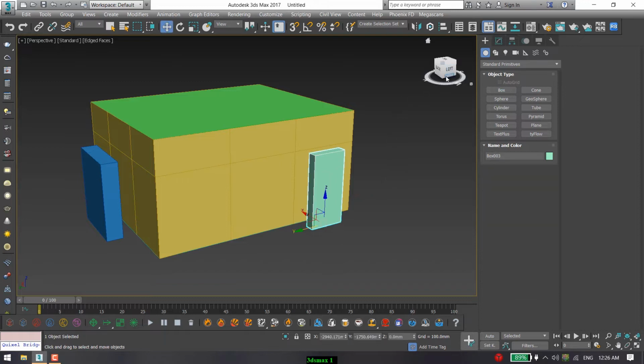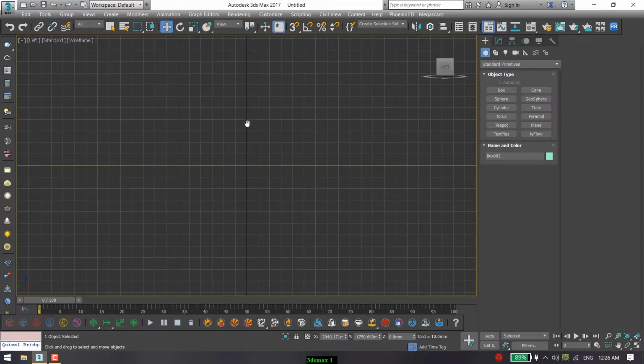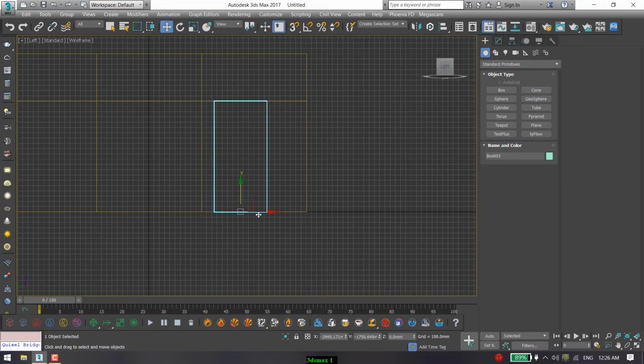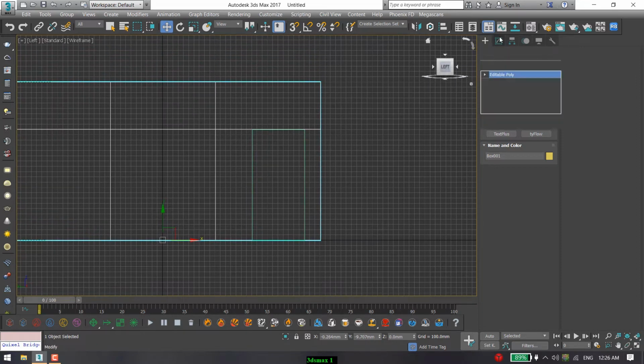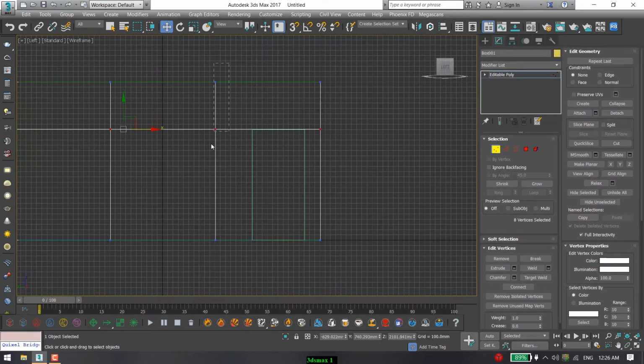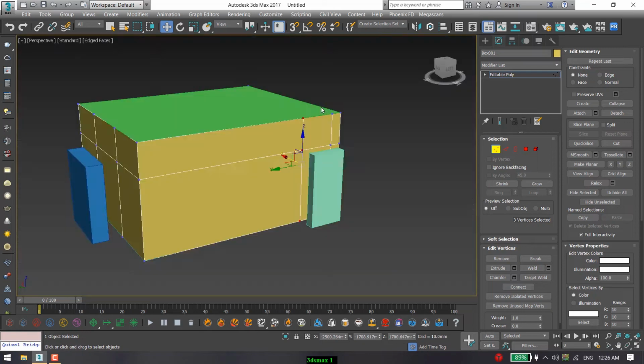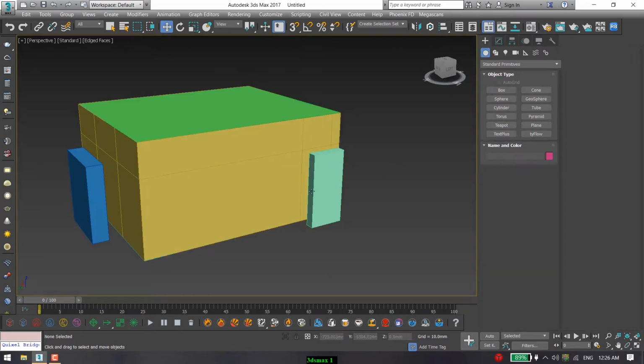So now you can see that I need to view this from the left side. So press L, press Z for zoom. Just keep this door box to a side. After that click this room, go to the Modifier tab, select vertex, select these 3 vertex and move your edge. Select these 3 edges, move your edge again. After that hit P on your keyboard, so you come into perspective mode.